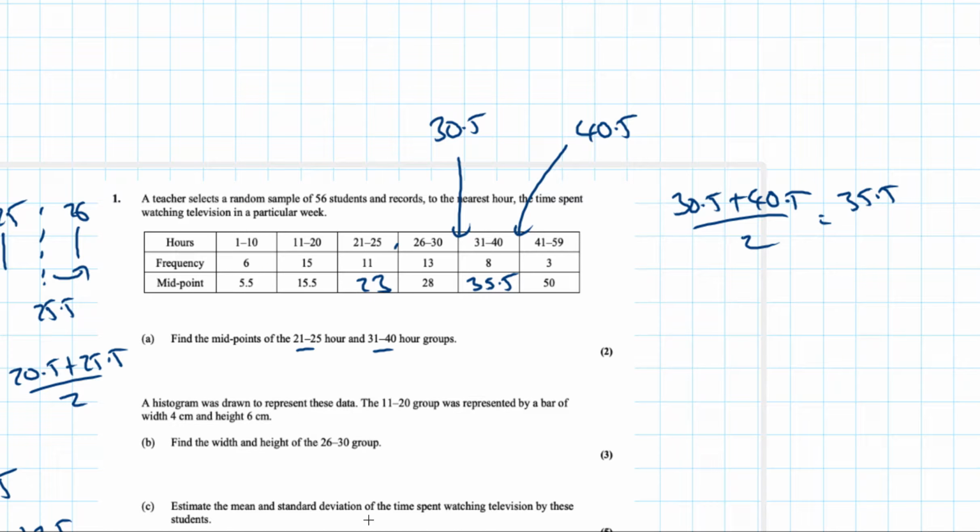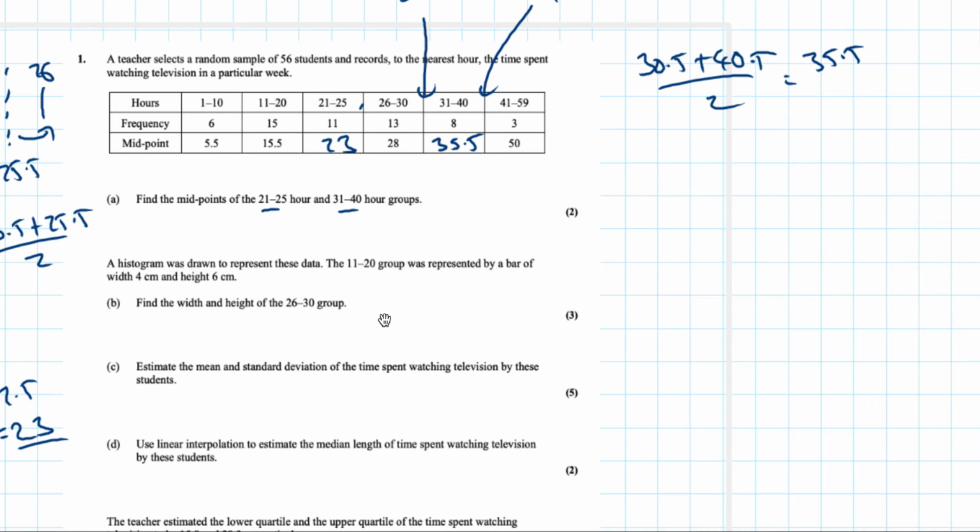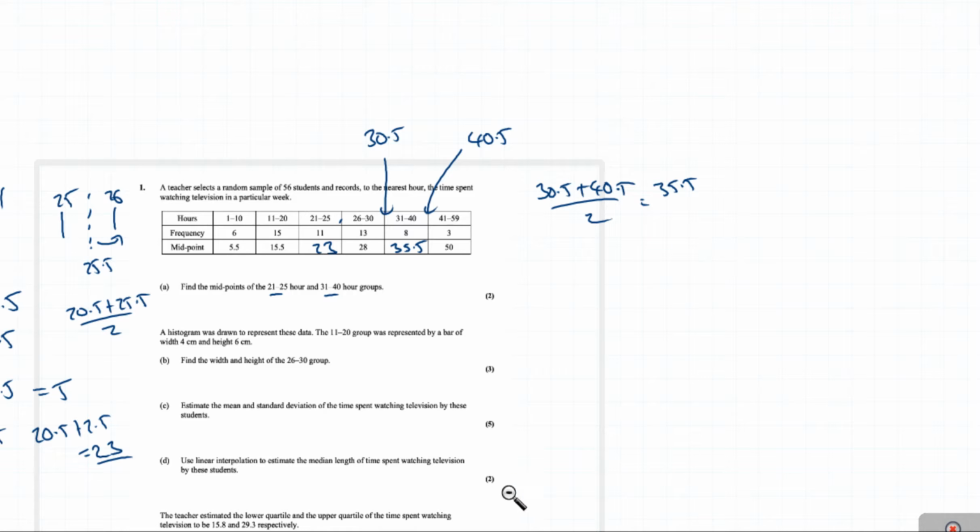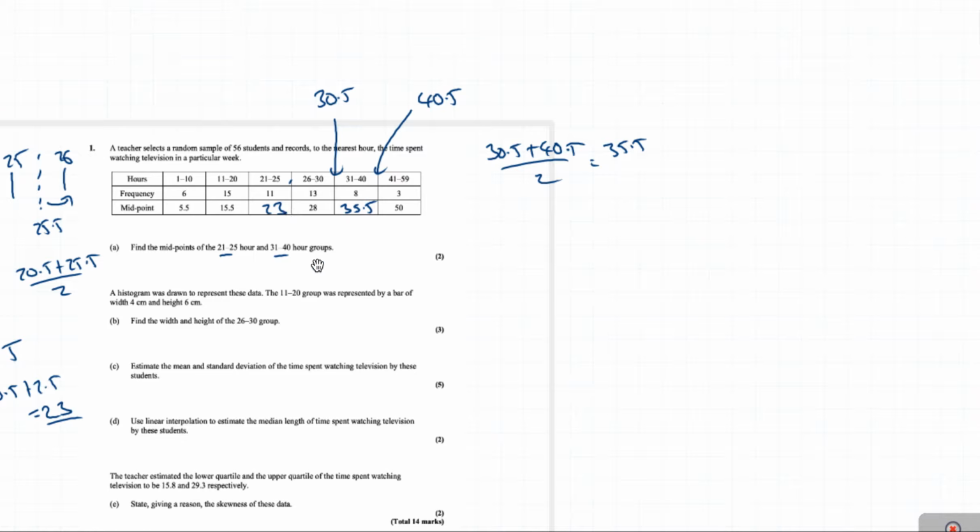The next one, a histogram was drawn to represent these data. The 11 to 20 group was represented by a bar of width 4 centimeters and height 6 centimeters. Find the width and height of the 26 to 30 group. Okay, so the first thing that we have is the 11 to 20 group. So the reason, again, why we really want to be careful here is because when we drew our histogram, if we were to do a histogram and we were to draw the